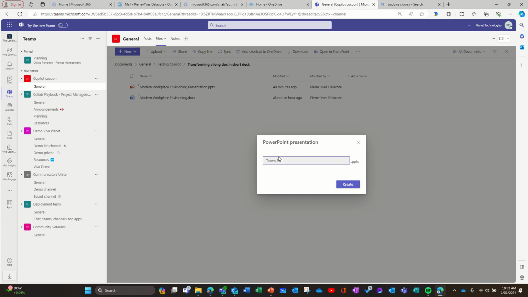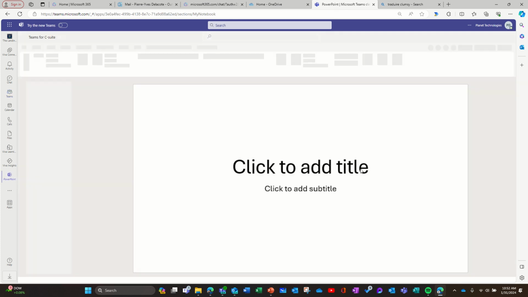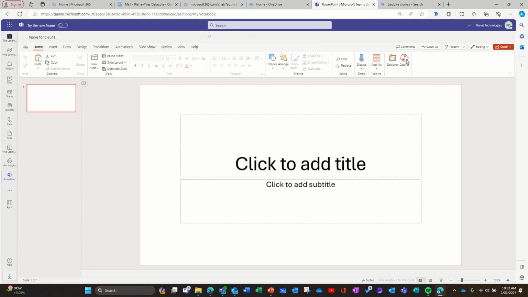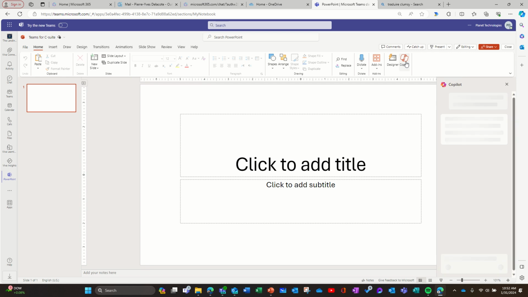I'm going to create a slide deck, pretty simple slide deck to present Teams for C-suite. Okay, I'm going to use Copilot. Hopefully it will work. And ask Copilot when it's ready